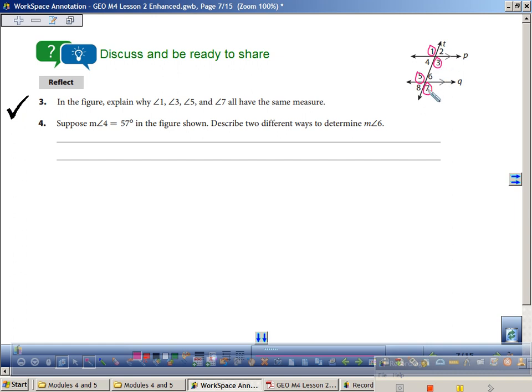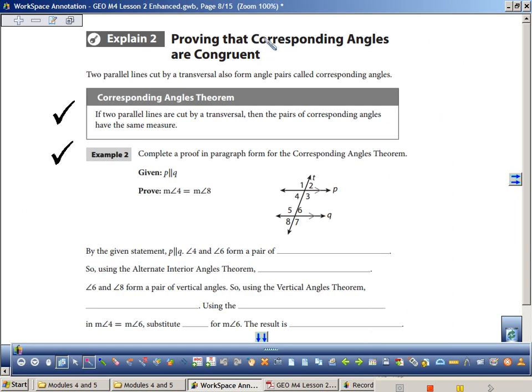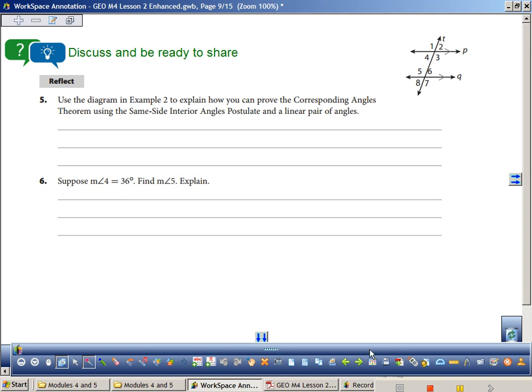But let's say they are 3 and 7. No, I can't even go there. I'm not even going to. Okay. Proving the corresponding angles are congruent, I'm not going to go through this proof today because I would rather